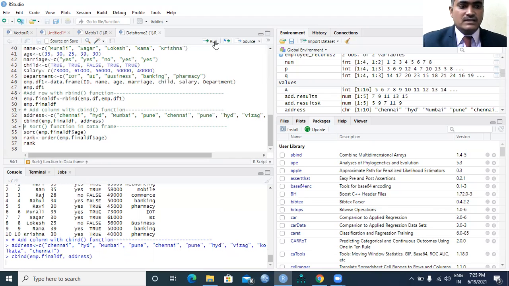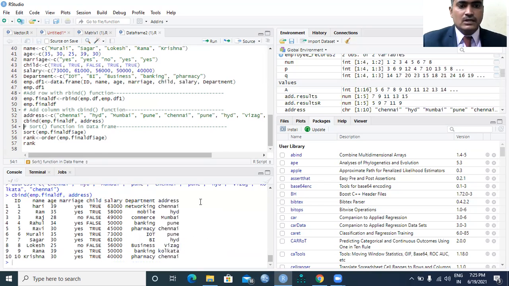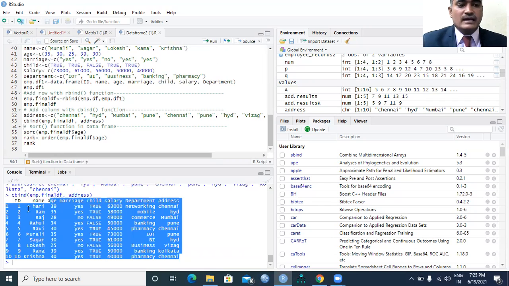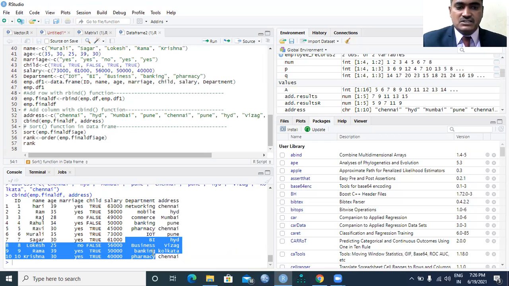When I execute this, see here, automatically one new column is being added. Earlier it was only 7 variables with 10 observations.